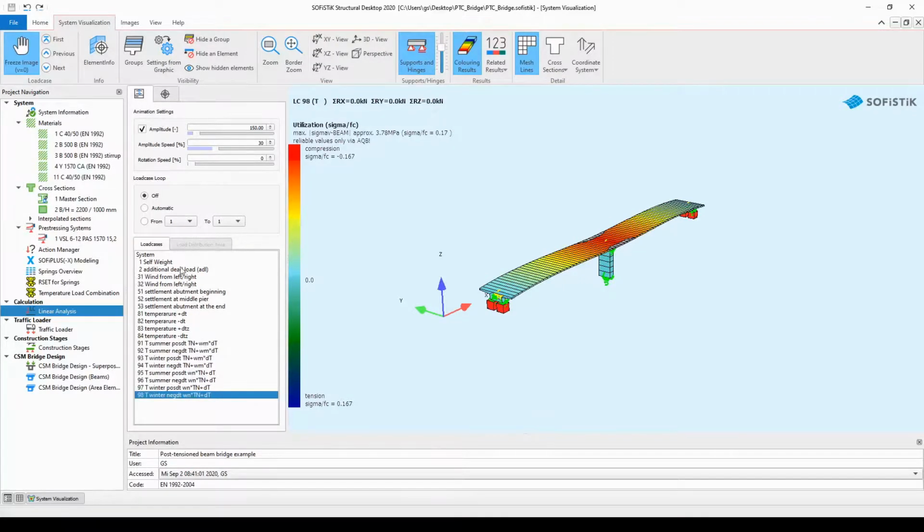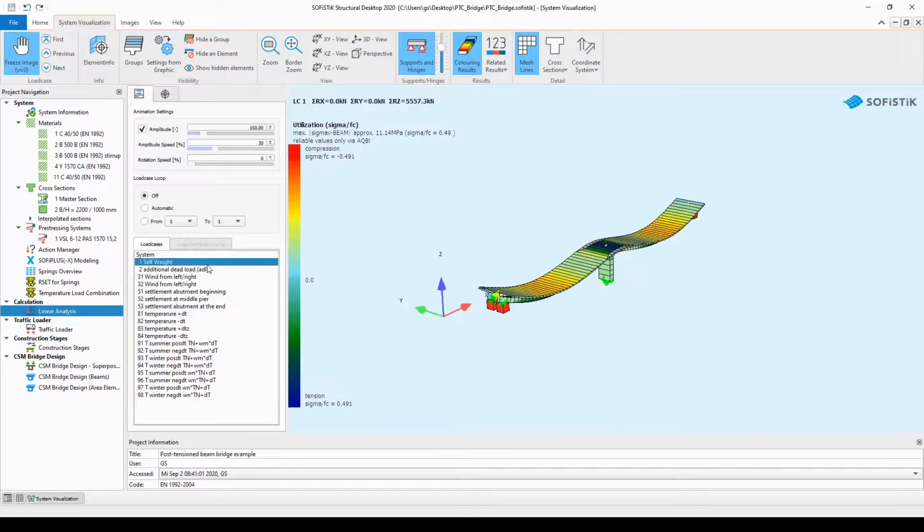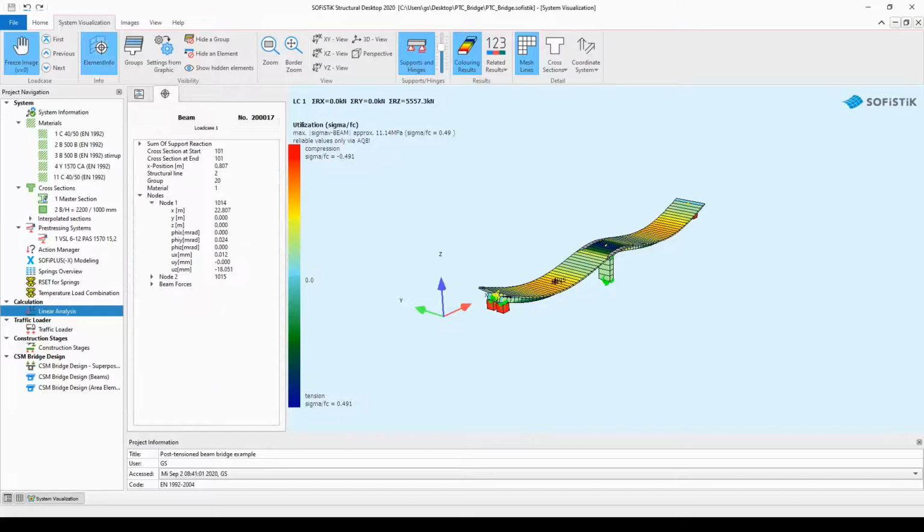After having gone through the individual load cases, I would like to show you the next feature in the system visualization, which is the information about the elements. You can receive information about the finite elements if you simply double click on one, and then, as you can see, automatically the next tab was activated and the software shows us the information of the selected element. In this case, for example, the element is with the number